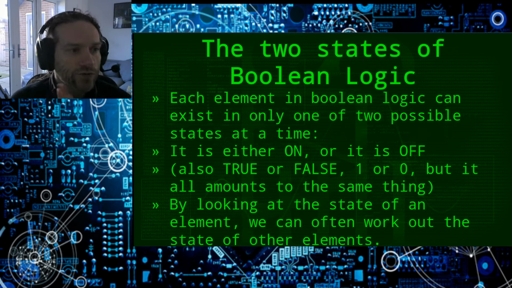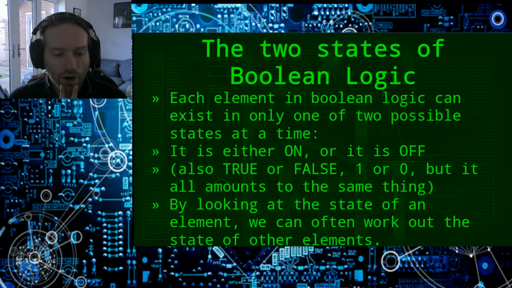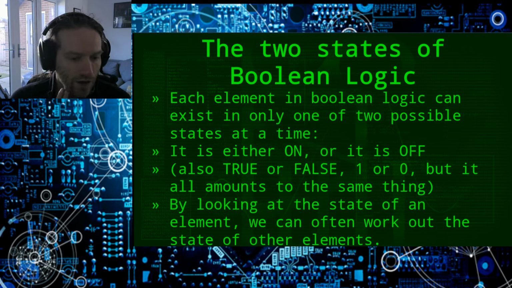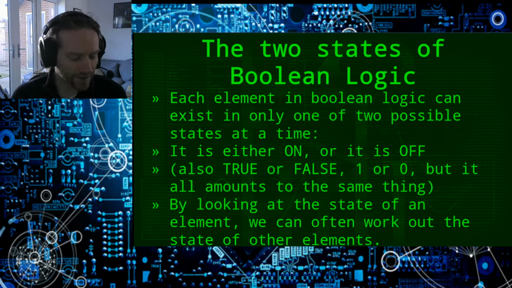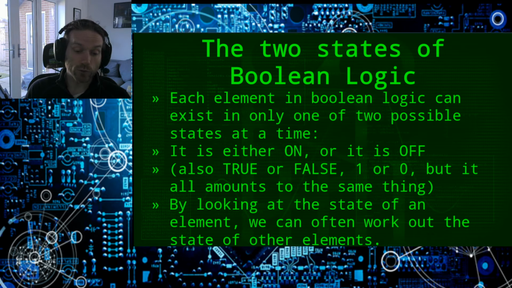There are only two states in Boolean logic. Things are either on or they are off. They are true or they are false. What if it was a switch for a light where once it is on, the brightness or colour can be changed? There's still only two states. It's either on or it's off. And then you'd have another controller, which would control the brightness or the colour. That switch itself is only doing one thing. It's turning it on or it's turning it off.